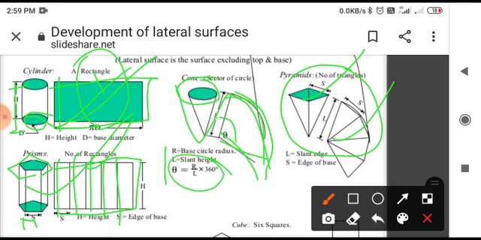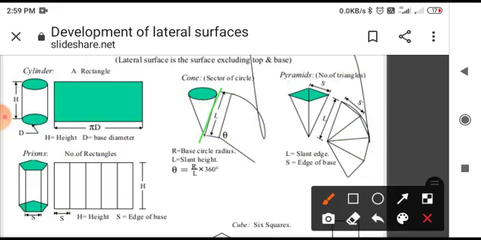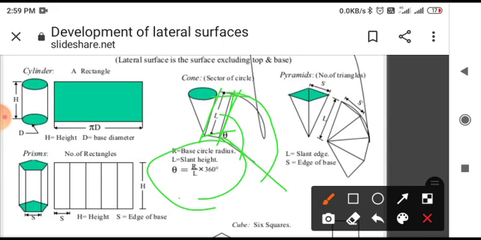By this formula, first you have to consider this slant line, which you have to take parallel. From that you have to draw a parallel line and measure the theta angle, and up to that theta angle you have to extend that arc. But how to calculate theta, which is given over here? Theta is equal to r upon L into 360.